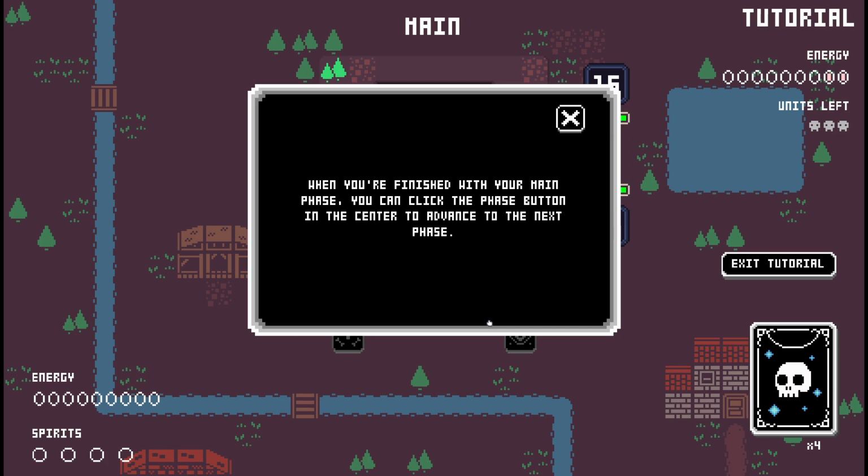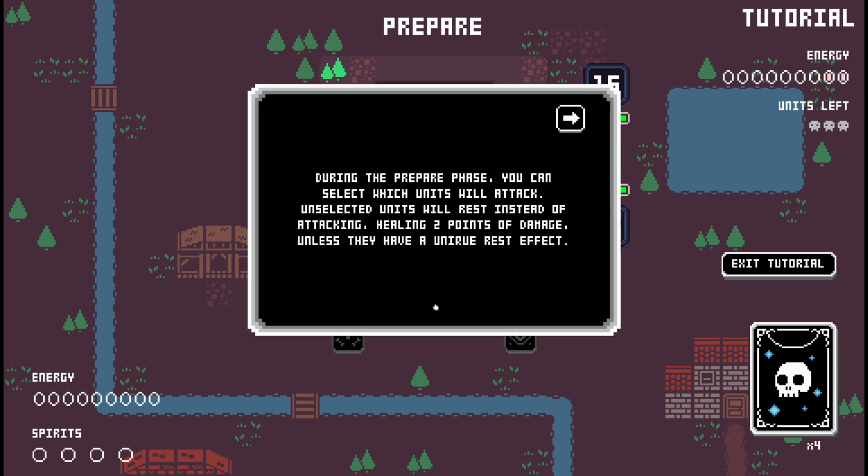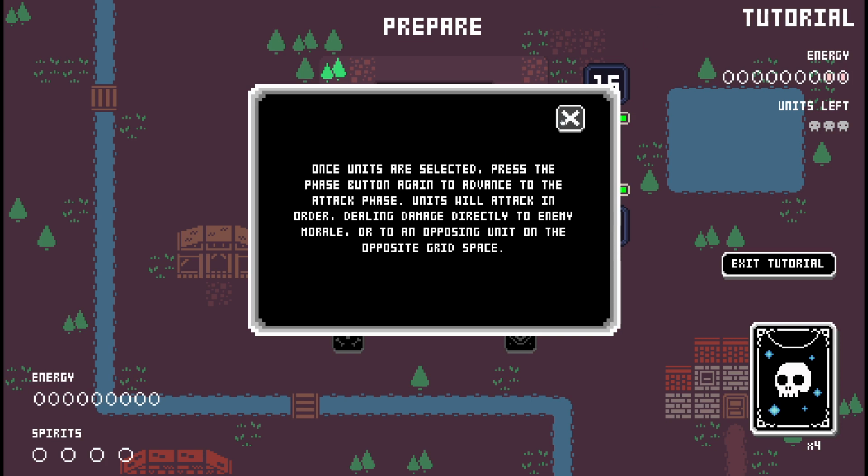When you're finished with your main phase, you can click the phase button in the center to advance to the next phase. Okay. During the prepare phase, you can select which units will attack. Unselected units will rest instead of attacking, healing 2 points of their damage, unless they have a unique rest effect. Once the units are selected, press the phase button again to advance to the attack phase. Units will attack in order, dealing damage directly to enemy morale or to the opposing unit on the opposing grid